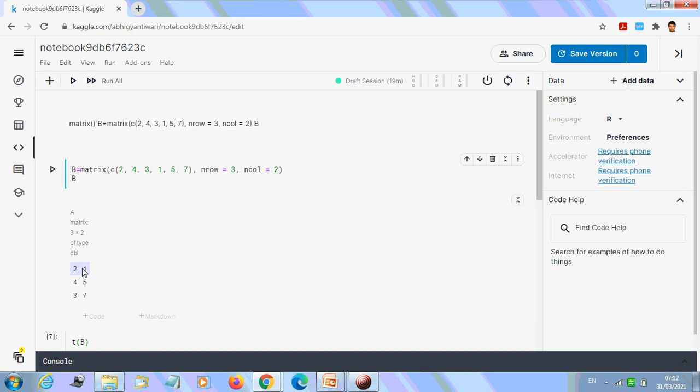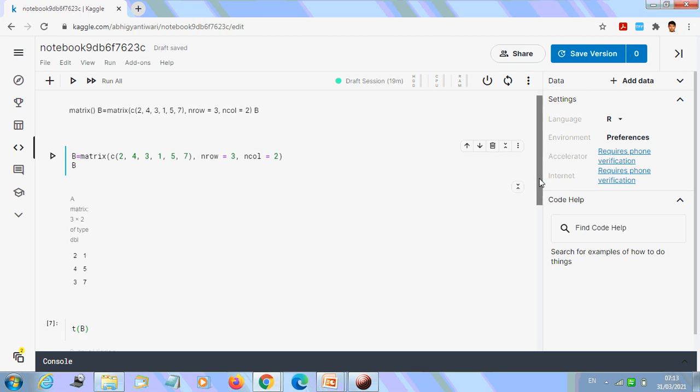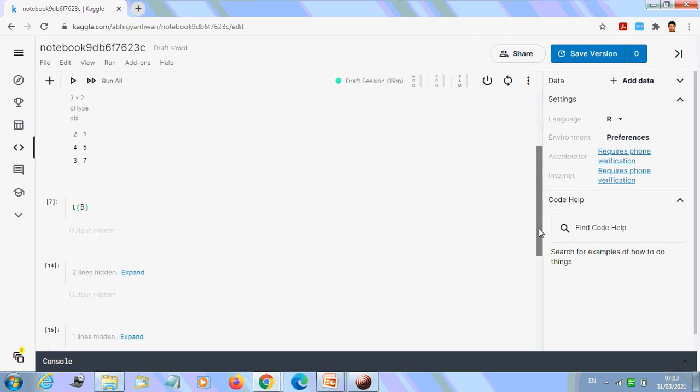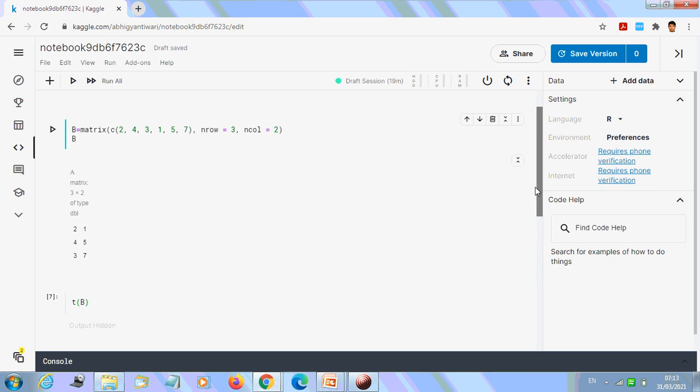So I have got this matrix. We have 3 rows and 2 columns that we can see very easily. After that, if you want, you can give 1:9 also. So we have used the sequence also. If you want, you can use the sequence also.